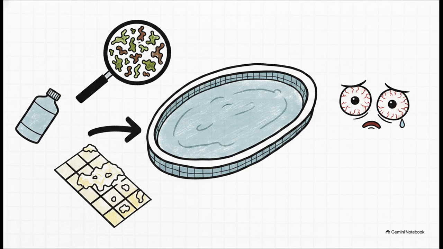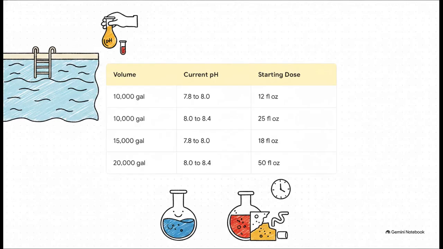To fix this, you need a diluted hydrochloric acid, commonly known as muriatic acid, to bring the pH back down to a comfortable 7.4. And this is exactly where our golden chemistry rule transitions from abstract theory to backyard practice. To figure out your starting dose, you've got to calculate it based on your pool's volume and the current pH level. So as you can see, a 10,000-gallon pool sitting at an 8.0 pH needs about 12 fluid ounces of